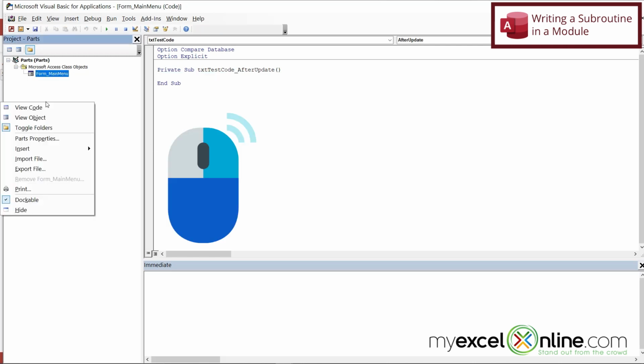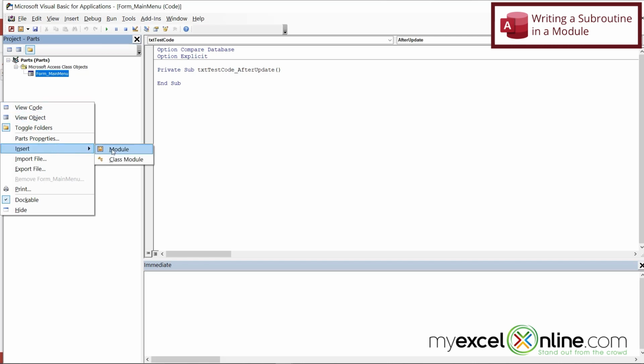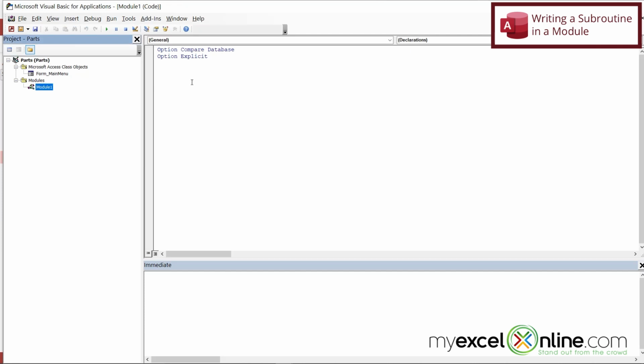And then I'm going to right click over here and go to Insert, Module. And then I'm going to look at this window here. This window that appears is the code for this module itself. So let's see, if I put here Public Sub